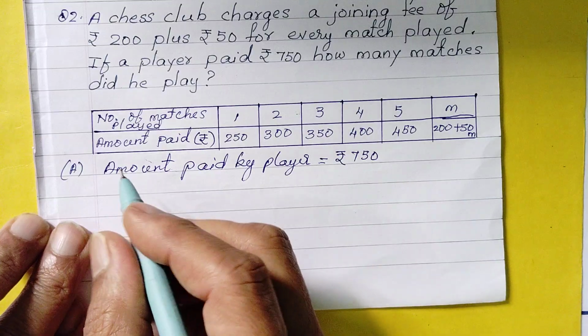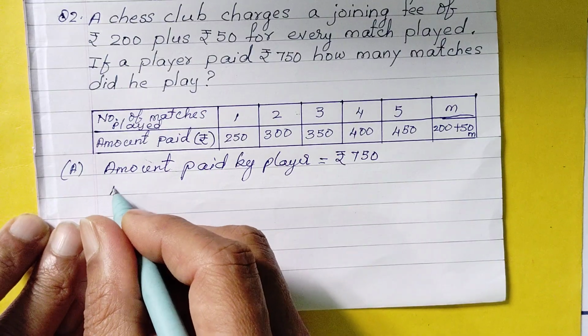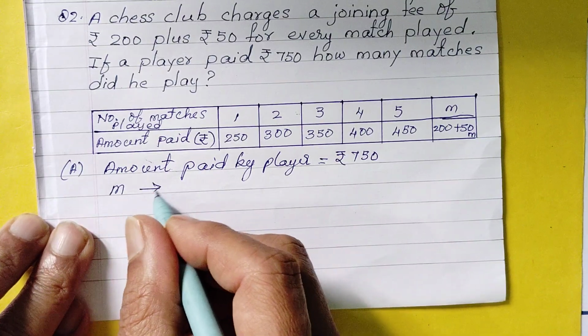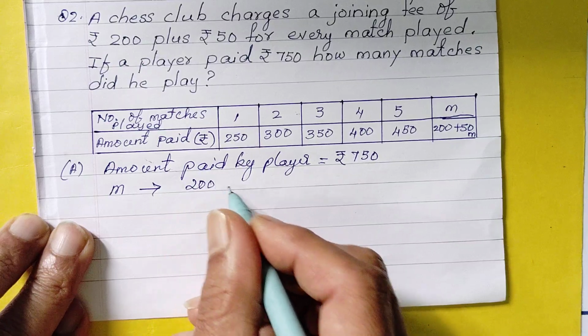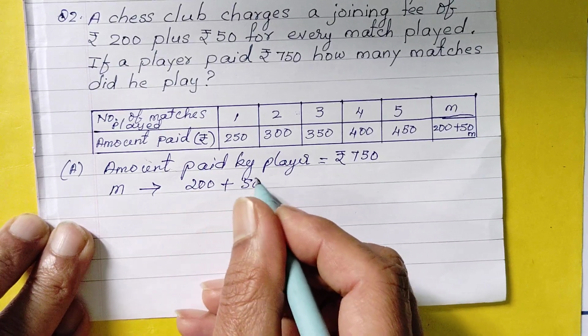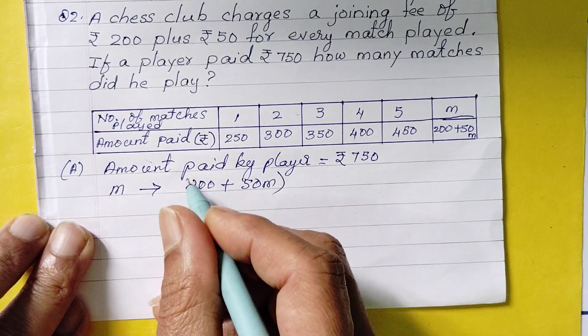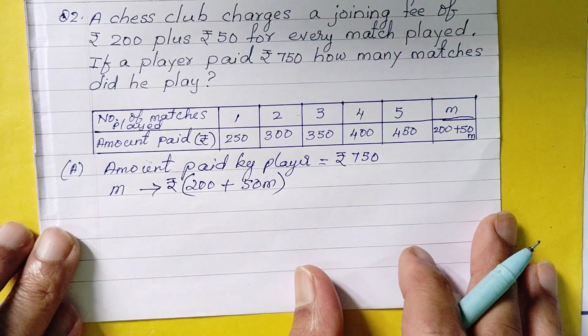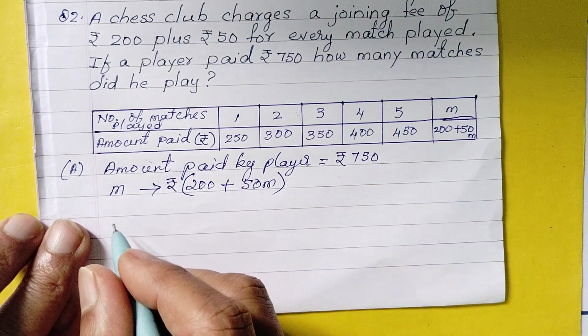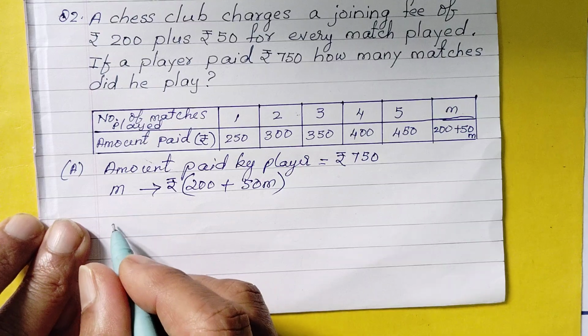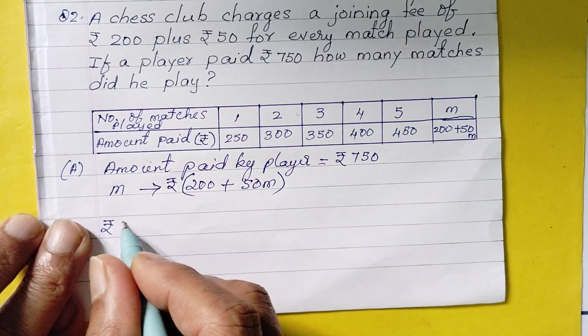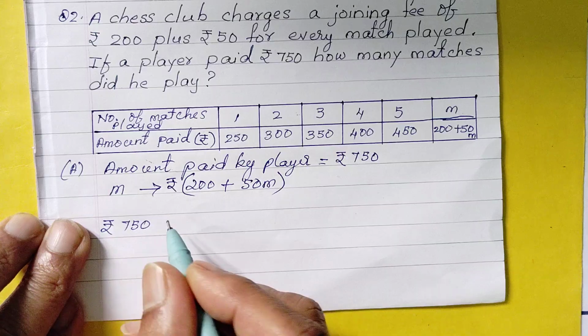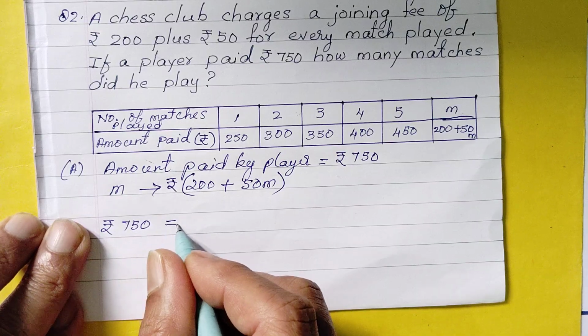We know that if the player plays m number of matches, he has to pay 200 plus 50 into m. Now the amount paid here is rupees 750. That we can write as